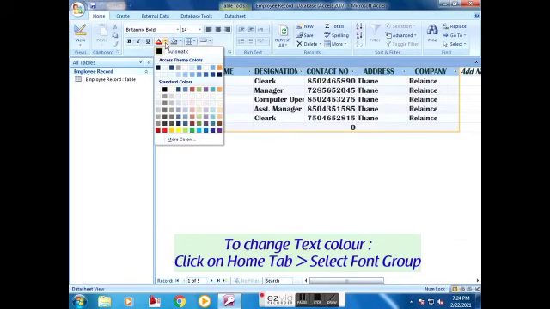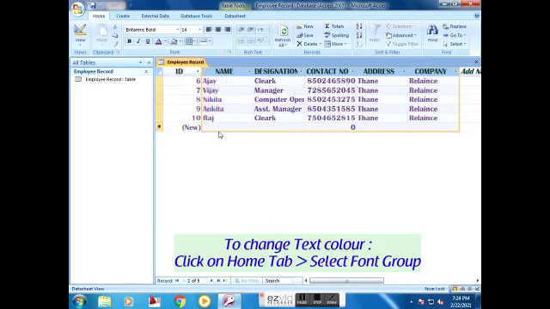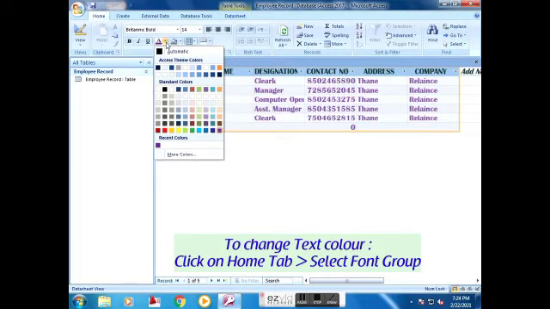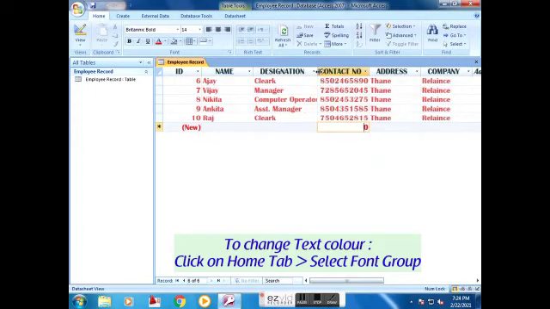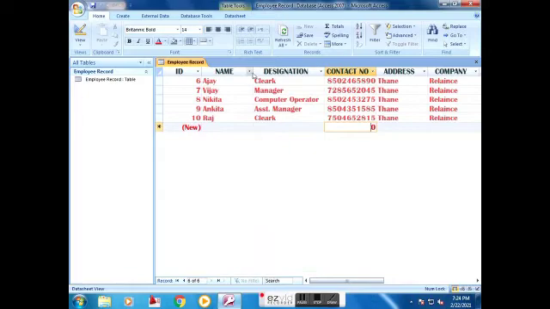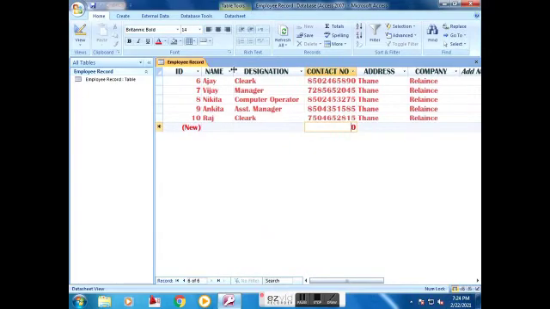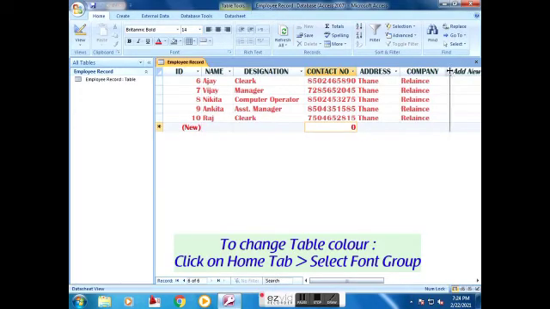To change the text color of your table, click on the Home tab and select the Font group option. To change the table color, click on the Home tab, select the Font group, and click on the Fill Color option.